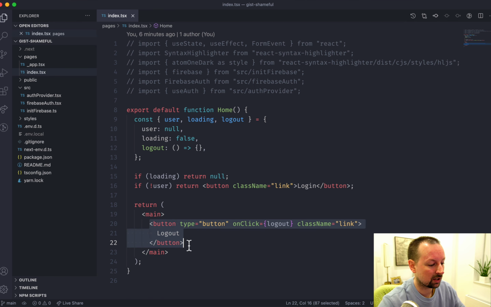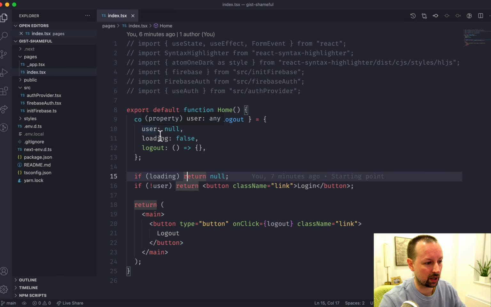So I have a logout button. When clicked, it calls the logout function that right now does nothing, but that's what we're going to try to do. So this is what we're working with. And to get started, we're going to go into a file that I've already sort of